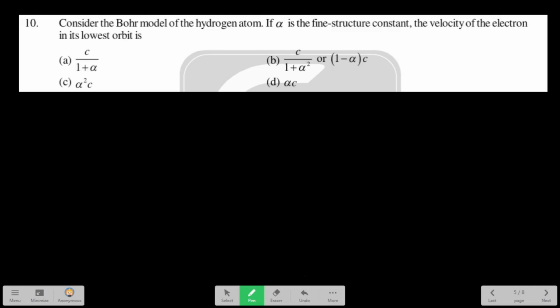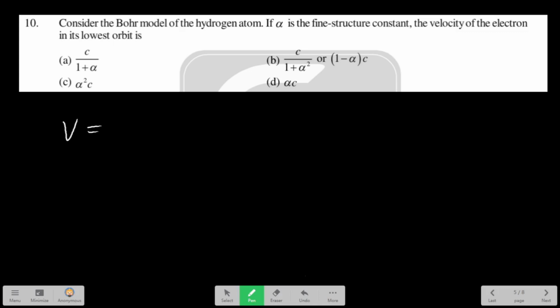Here we have a question from Bohr model of atom. We are asked to find the velocity of electron in its lowest orbit in the case of a hydrogen atom in terms of fine structure constant alpha. So the velocity of electron of hydrogen atom or hydrogen like ion in the nth orbit is given by